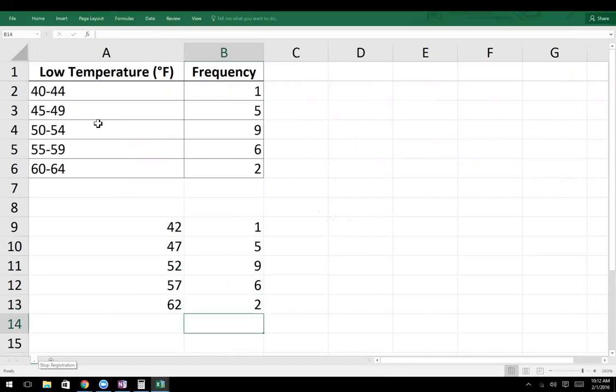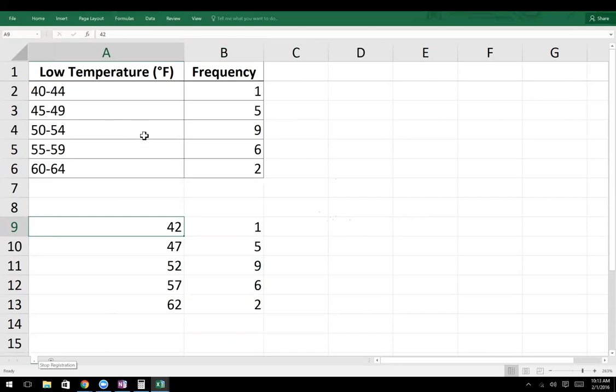All right. So we talked about this last time. How do you find a weighted mean? I could just type 42 and then type 47 5 times and 52 9 times and then do average. But if I don't want to type it out like that, how do you find a weighted mean? A regular mean is just add up the numbers, divide by how many there are, right? For a weighted mean, you add up the number times the weight, and then you divide by the weights.